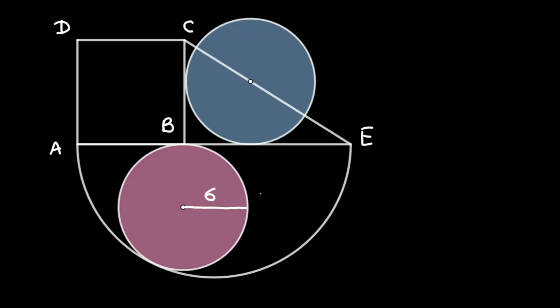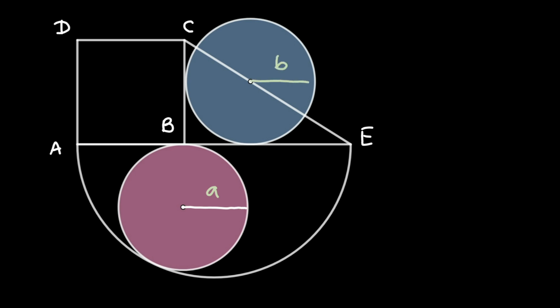So first of all, we can see that the only numerical value given in this problem is the radius of this pink circle and that is equal to 6. Now using this and the arrangement of this diagram, the question is to find the radius of the blue circle. This means ultimately the radius of this pink circle and blue circle are related to each other. So it would be more interesting to see the relation. So for that I will simply take the radius of this pink circle as a variable A and the radius of this blue circle as a variable B.